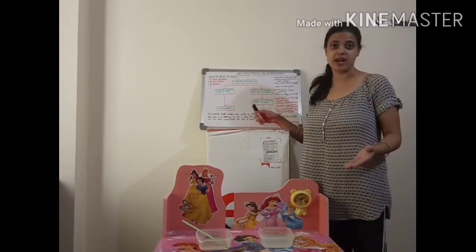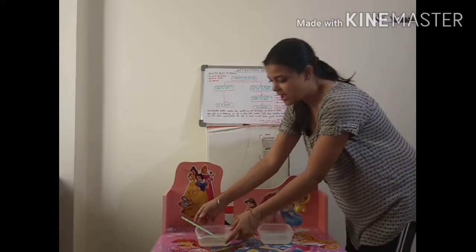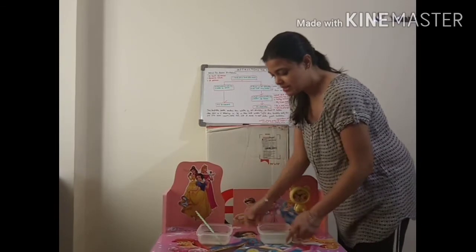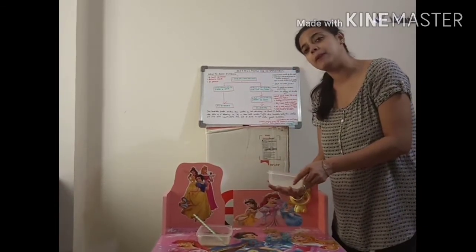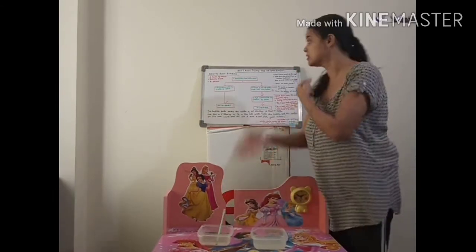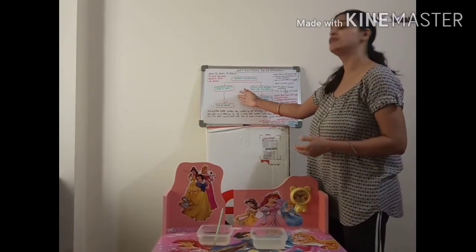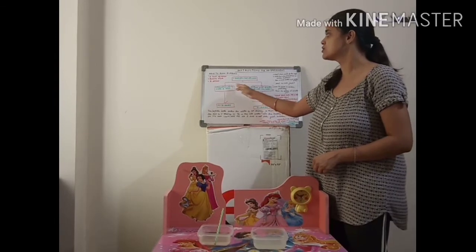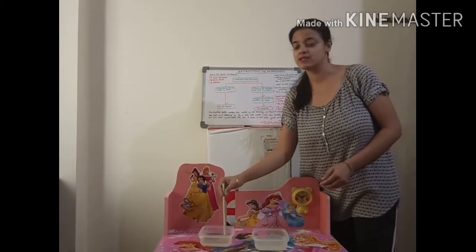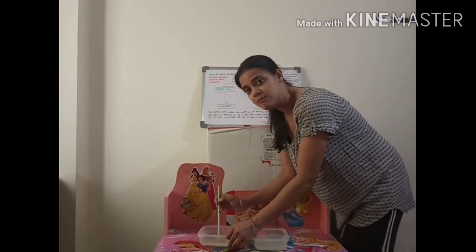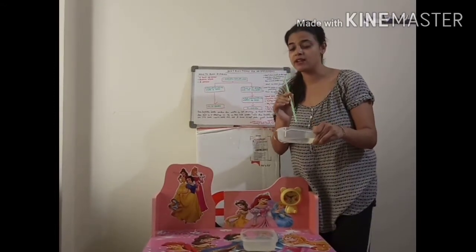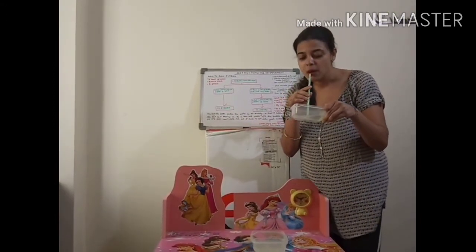Let's do the experiment right now. See, I have this bowl of water. This is simple plain water. This is the water with the bubble bath. And this is a straw. First, I'll go with the first way of doing the experiment, that is just putting a straw into the water and blowing. This is simple water. Let's try it out. I'm blowing air into it with a straw. Let's see what happens.